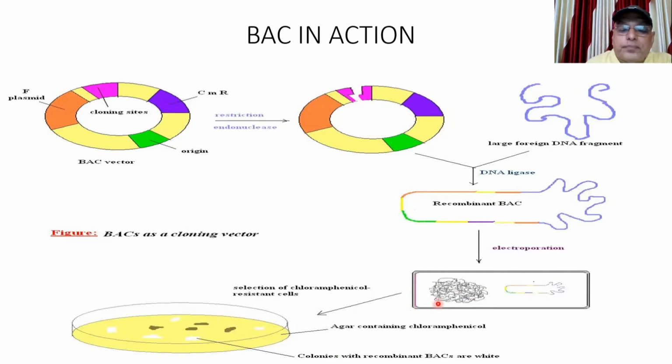So this chloramphenicol resistance gene is a selectable marker because we can select the transformed cell on the basis of the presence of the chloramphenicol resistance gene, which is expressed as the survival of the transformed bacterium even while there is chloramphenicol present in the medium, whereas all other bacteria which don't have the chloramphenicol resistance gene, as we have in the bacterial artificial chromosome, will simply perish.